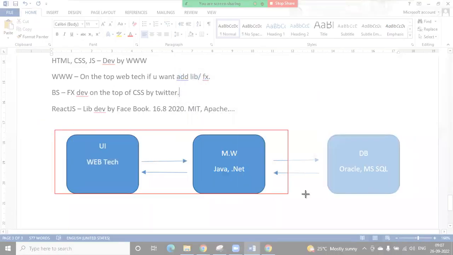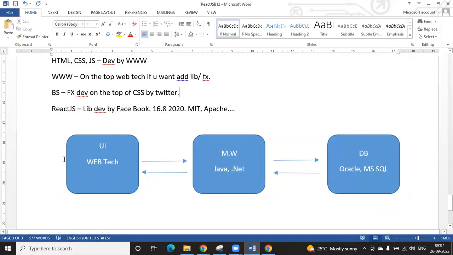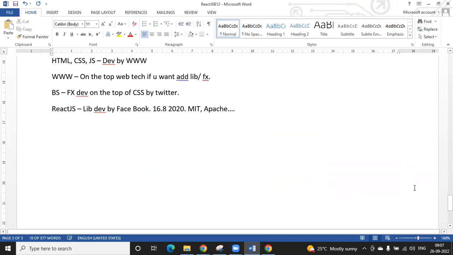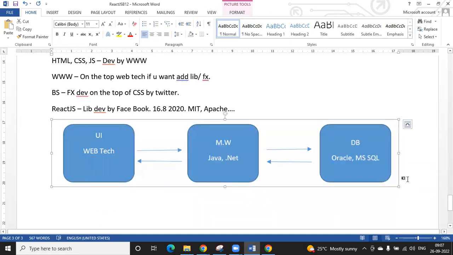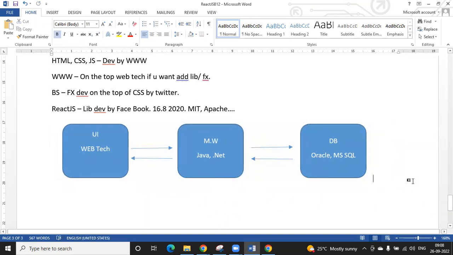So these are the 3-tier architecture. Are you clear? Okay. This is a 3-tier architecture. Please take notes parallelly. If you feel I am faster, let me know and I will slow down. Okay. If you want me to go fast, I will go at a middle pace to cover everyone.